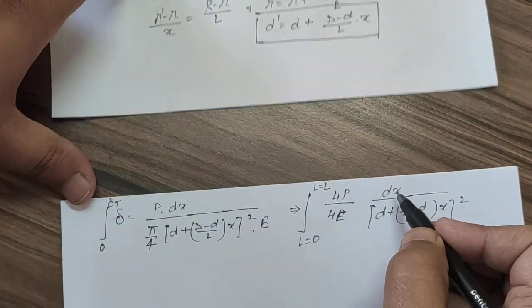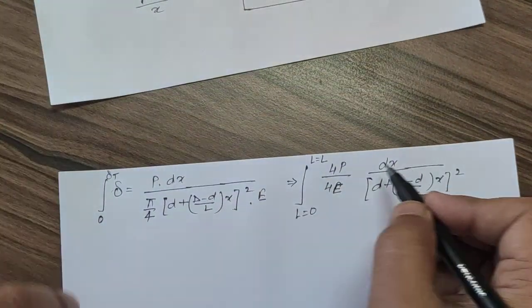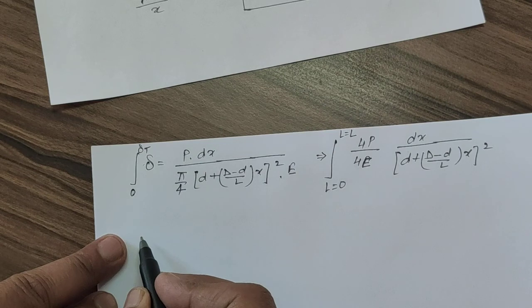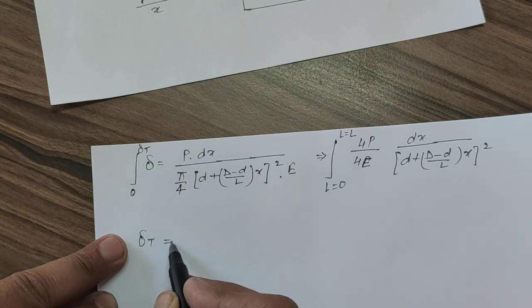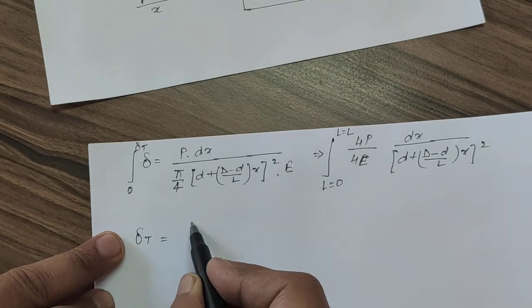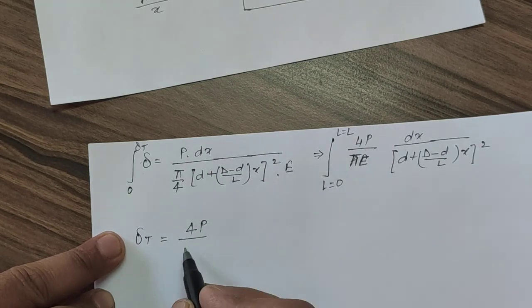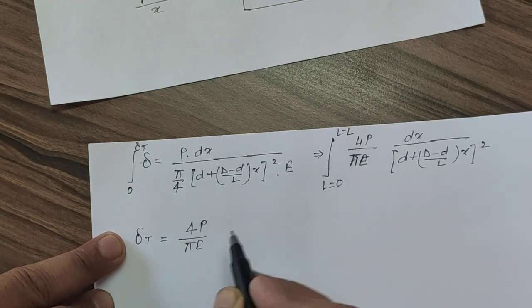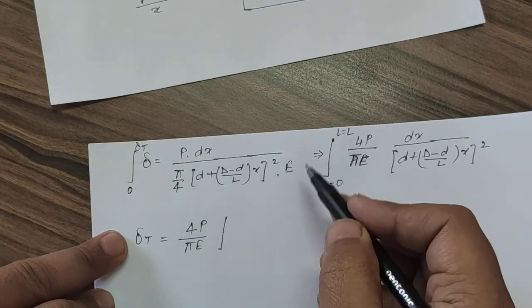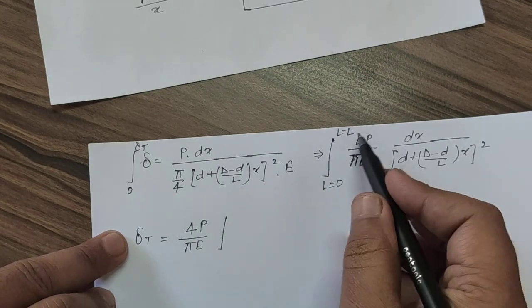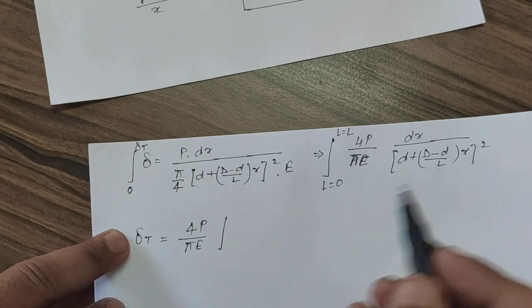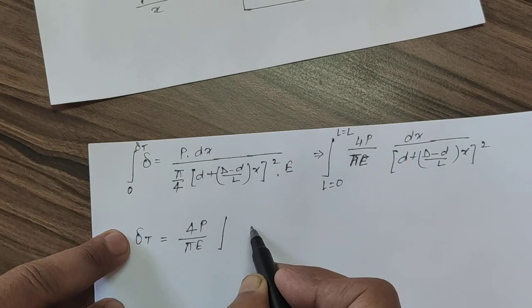So del total is equal to 4P divided by pi E, which comes outside the integration because these are constant with respect to length. Here we are having d